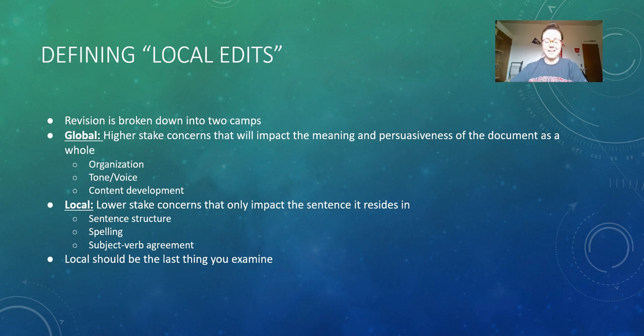Defining local edits. Over the course of this semester, we've talked about revision quite a bit. And through those discussions, you'll recall that revision is often broken down into two camps. You have your local revisions and your global revisions. Up until this point, depending on the mini lectures that you've watched, most of our content has focused on global concerns. And remember, those are higher stake concerns that will impact the meaning and the persuasiveness of the document as